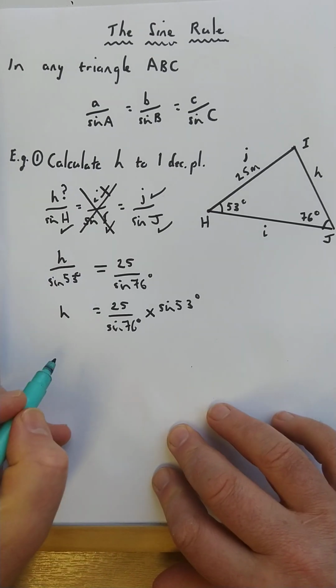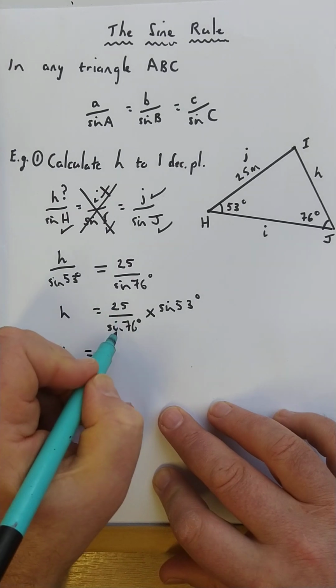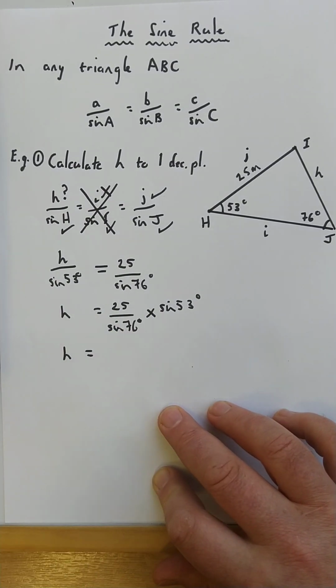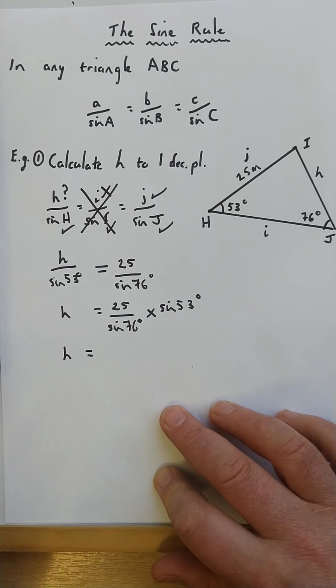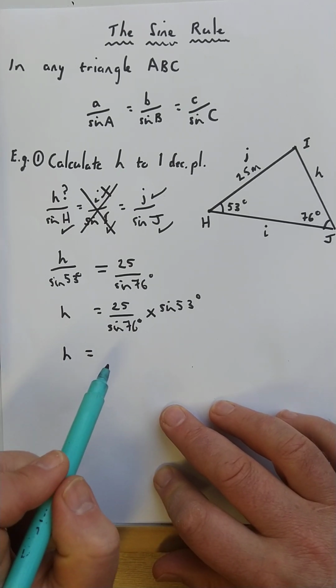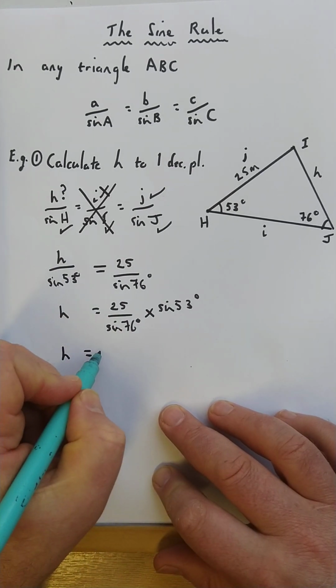Then I simply reach for my trusty calculator. H equals 25 divide by sine 76, equals, or close bracket, before I do, multiply my answer by sine 53. And I get 14